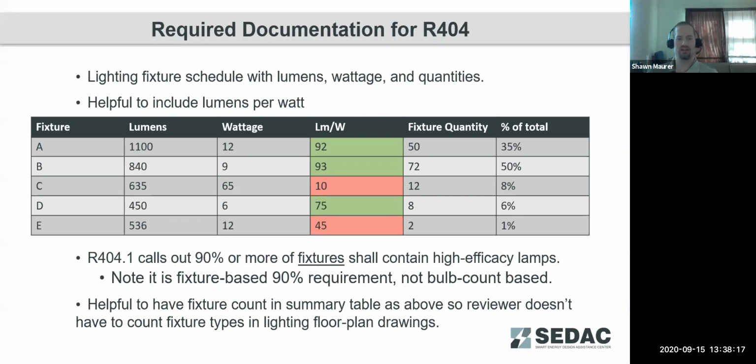We do like to call out that R4.1 calls out that 90% or more of fixtures shall have high efficacy lamps. So this is a fixture based requirement, not a lamp or bulb count based requirement. So if you have one fixture that has 5 bulbs in it, that counts as one fixture for that 90% compliance. We did call out in this table here, just as a helpful note,